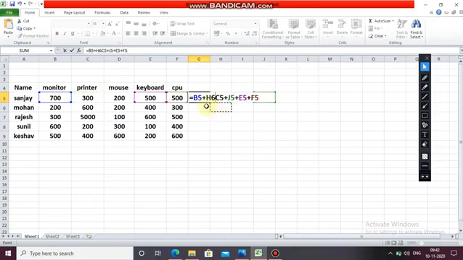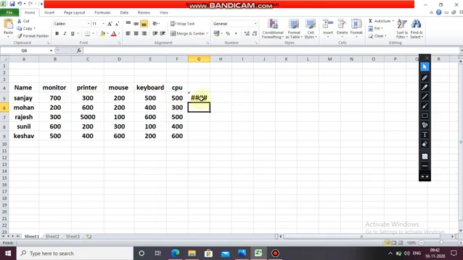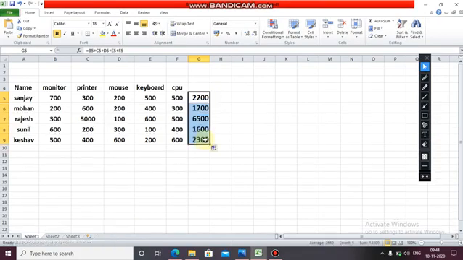Wait, it is showing an error. Now you can see this plus sign changes, and now I am dragging it here. See, autofill feature. Automatically it will fill the answers, and now you can click each cell to see the formula.